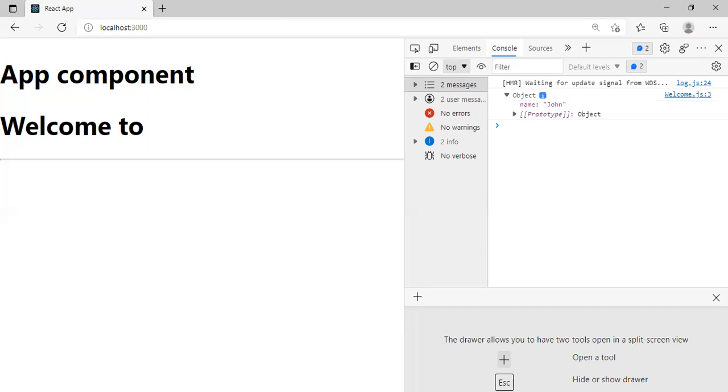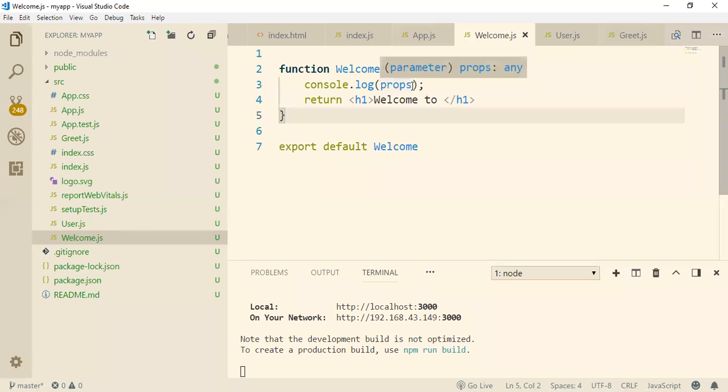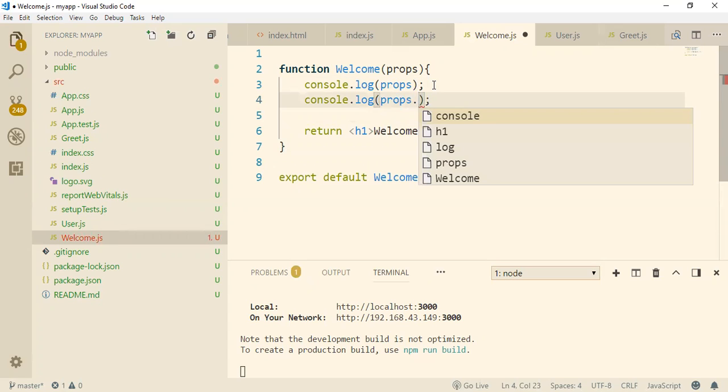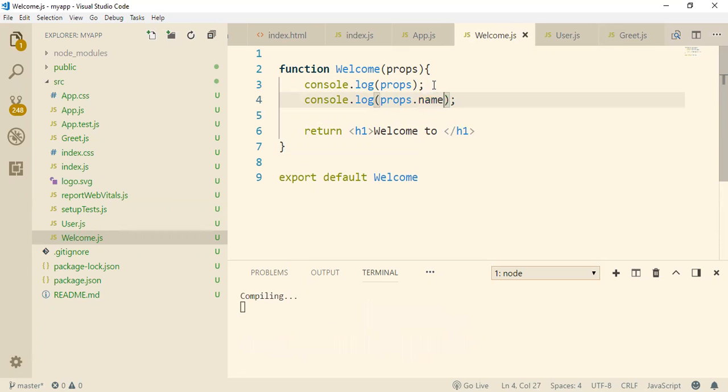If you want to access this name value from the props, how can you access it? This is an object which contains the information. If you want to access a value from the object, how can you access it? Object dot, then specify the property name. What is the property name?